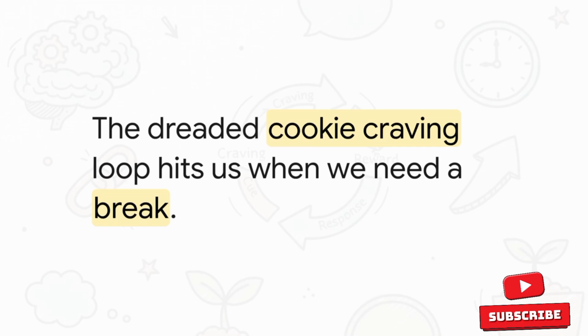The routine: getting up from your desk, wandering down to the break room, chatting with a coworker, and eating that chocolate chip cookie. And the reward? A quick sugar rush and a really pleasant, temporary distraction from your work. Your basal ganglia remembers this exact sequence, and I guarantee you, tomorrow at exactly 3 p.m., you'll be craving another cookie without actively deciding you even want one.